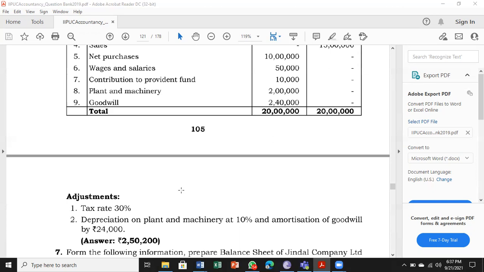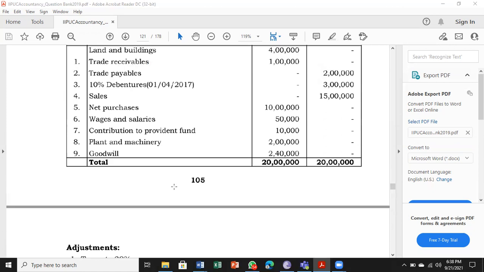Amortization means, I told that in the previous class, that intangible asset, when it is reduced, that amount is called amortization. Similar to depreciation, but depreciation on tangible assets, amortization on intangible assets. So these are the two adjustments which we are supposed to consider. With this information, we'll move on to